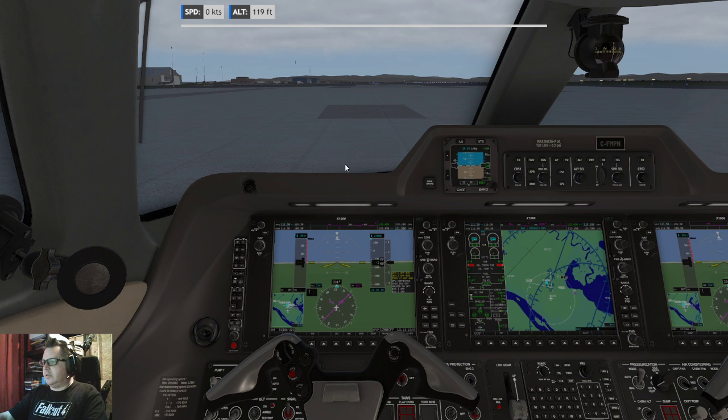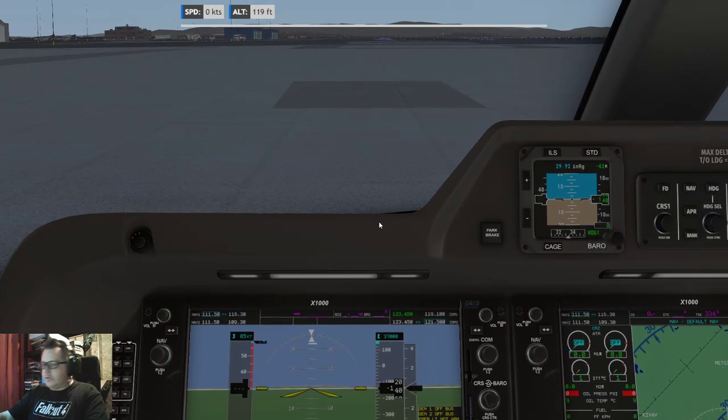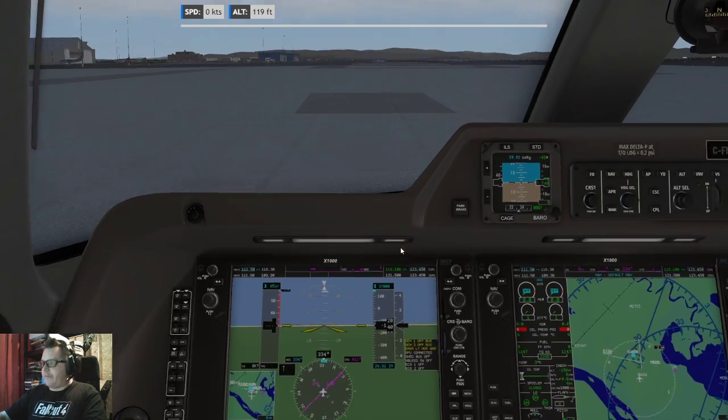Excellent. So 1 2 3 4 5, 1 2 3 4 5, COM1, COM2. Starlink radio check. Excellent. Loud and clear. All right, so monitor 121.5, switch comms, and go on CTAF.